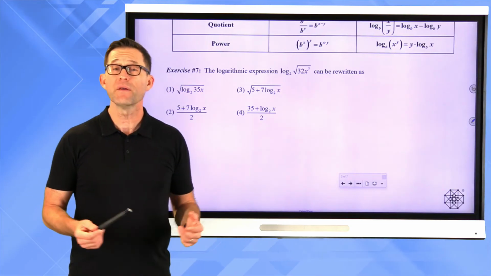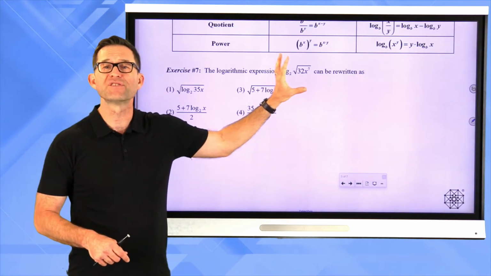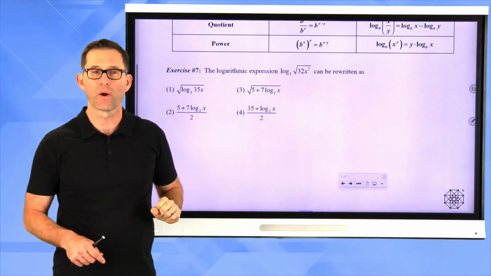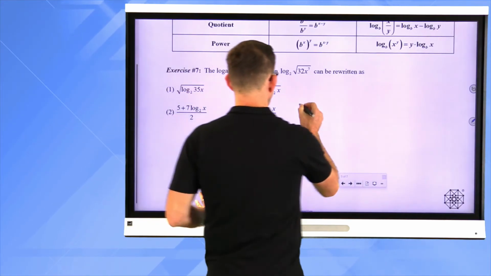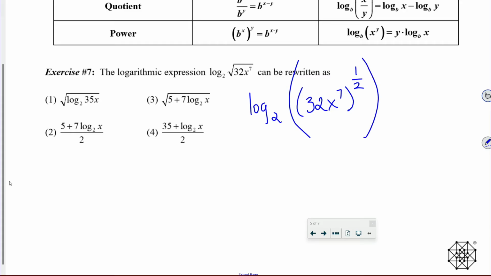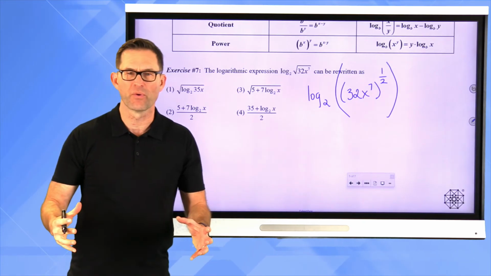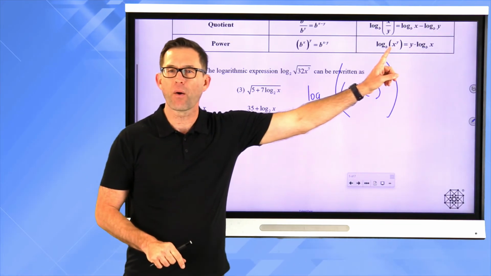All right, this can be very tricky, right? What I've got is the log base 2 of something underneath the square root. So that's the bigger structure: the logarithm base 2 of something, which is this thing, raised to the 1/2. Lots of parentheses there. So the first law I'm going to use is actually this power law, which says if